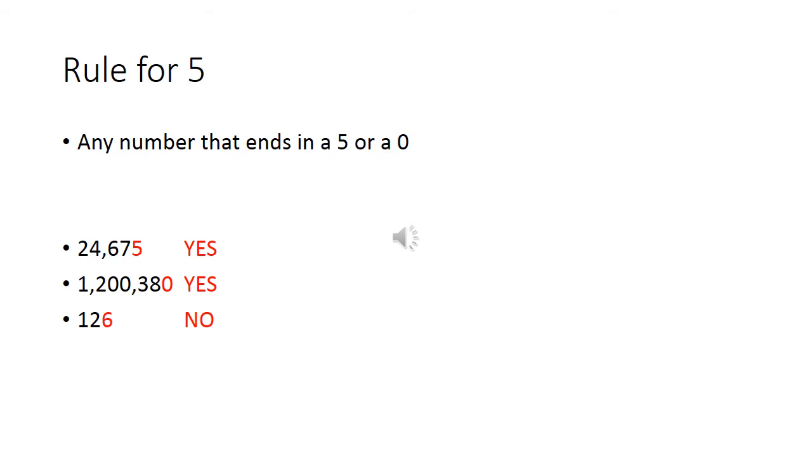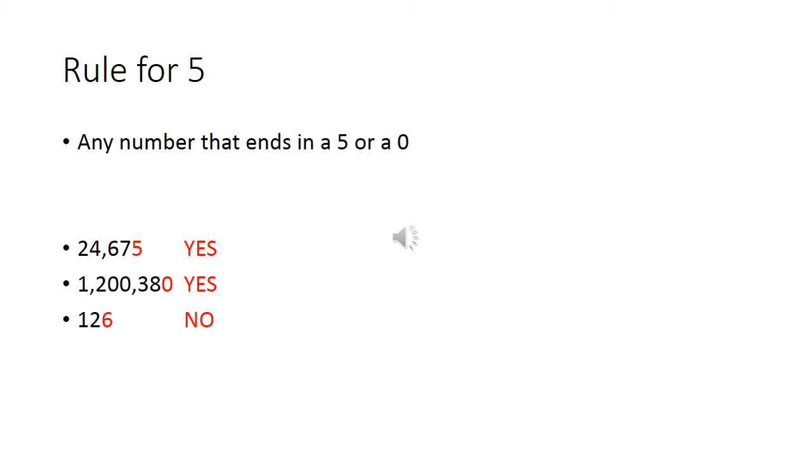The rule for 5 is pretty similar to the rule for 2. All you need to do is look at the last digit. If the last digit is a 5 or a 0, you can divide the whole number by 5. So